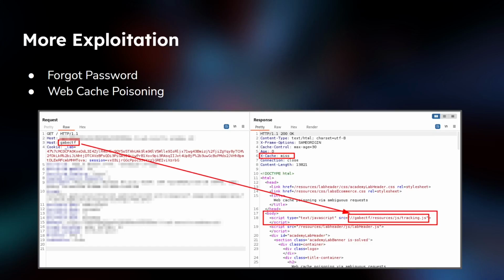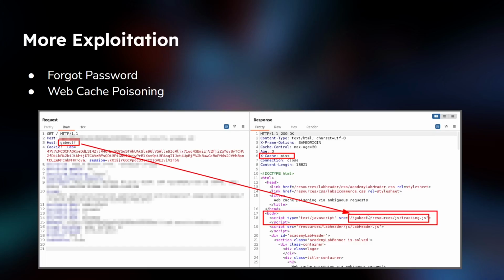And then web cache poisoning, this is a cooler example, but let's say you can change your host name and it gets reflected on the site. This by itself isn't really that terrible, because in theory, it's only affecting me. So if I own this Gabe CTF domain, it'll reach out to my IP address for tracking.js. But I need to manipulate the host header, and we can't get a victim to manipulate their host header. However, if we can manipulate some web cache poisoning stuff in conjunction with host header injection that's meaningful in some way,